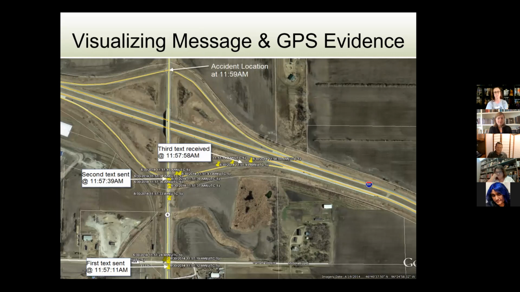If you see at the bottom here, these yellow push pins, this was the first text that she sent. And then if you go up here a little higher is the second text message she sent. And way over here on the on-ramp is the third, and that's the one she received. We don't think she even saw it or read it. But she basically went down Highway 94, turned around here at this little spot where the state troopers normally cross over. She crossed over there, went down, and the accident occurred here.